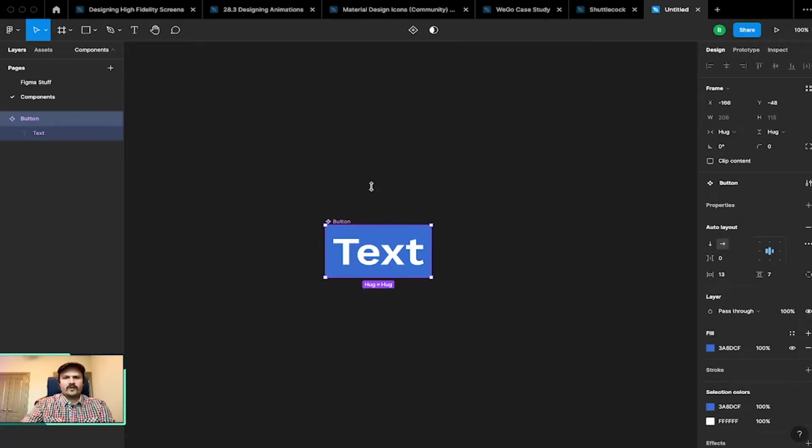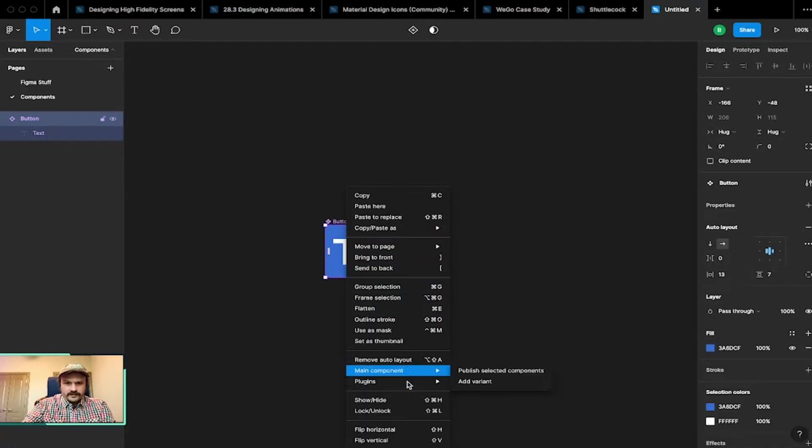And so with the component selected, we're in the components page, and we're looking at this component here, which is the button. I will right click on it, and there should be